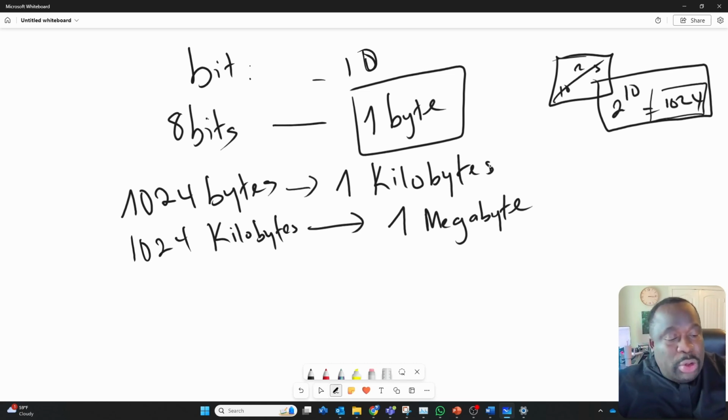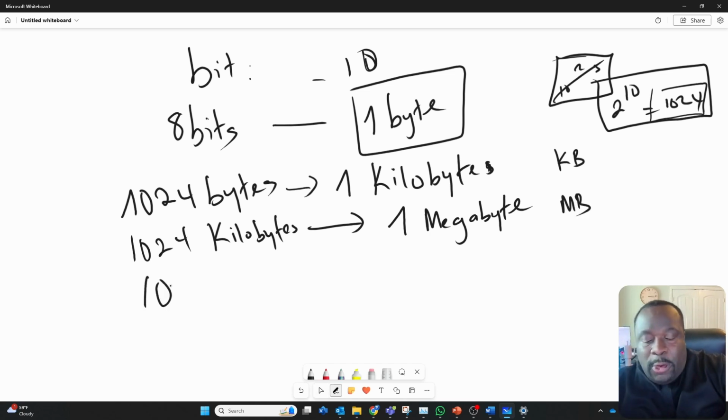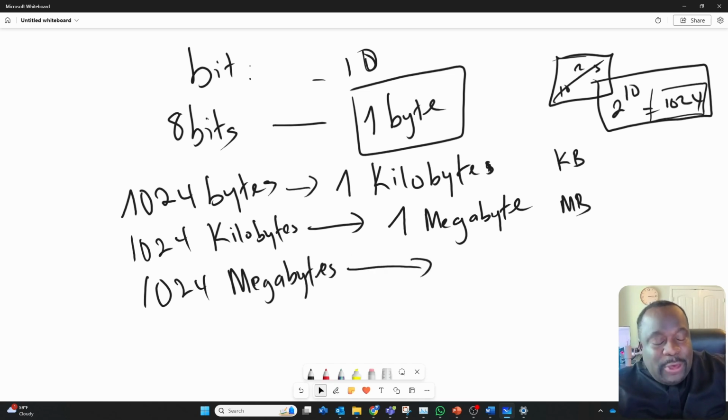So I'm sorry with my S and everything, it's just a kilobyte, not kilobytes. Okay, 1 megabyte. So a kilobyte can be denoted like KB, and then a megabyte can be denoted MB. Okay, so 1024 megabytes, it's an E, guys. Megabytes is gonna give us